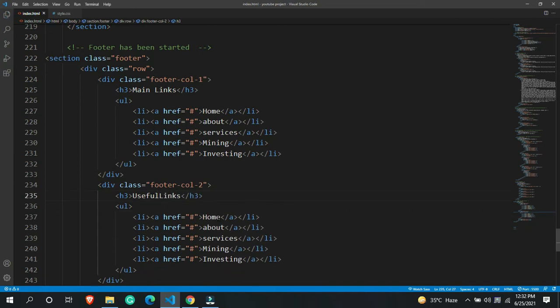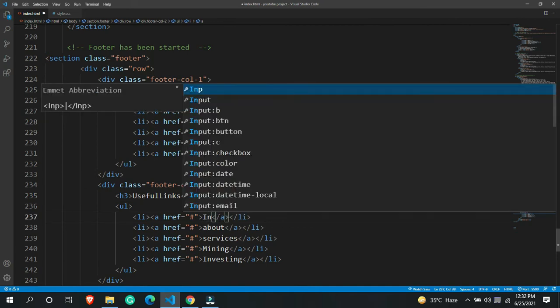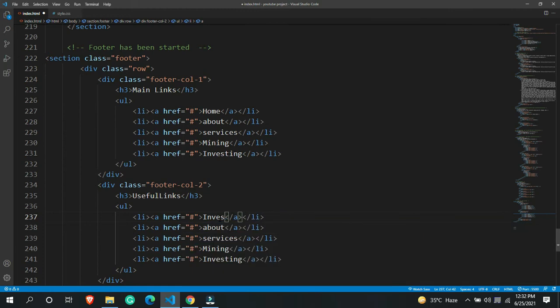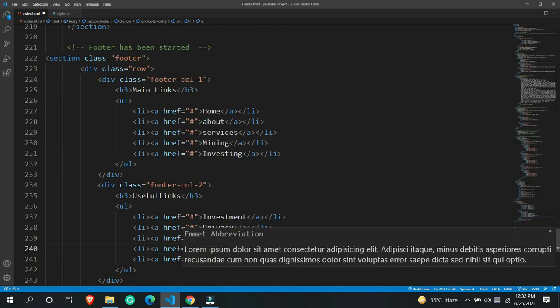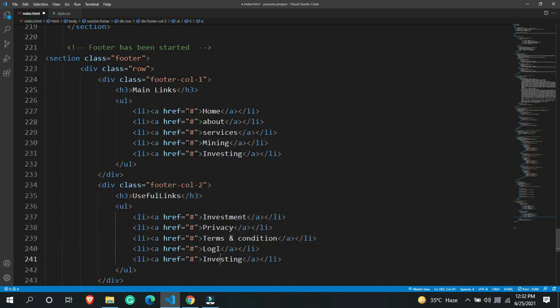Then inside this, let's say I wanted to add investment, then privacy, then terms and condition, then a particular thing that is called login, then register.